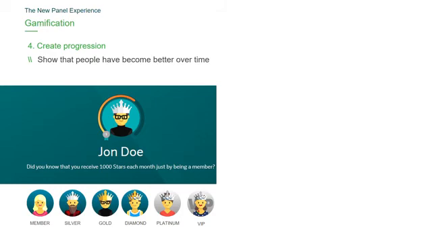The fourth principle is to create progression. Most of us not only see how well we perform, but also that we have become better over time. This is why we have created status upgrades, which can be seen as levels on a panel membership. It goes from standard to silver, gold, diamond, platinum, and VIP. In each of these levels, you can see how close you are to level up to the next status. So you see how many stars you need to get to the next status. The next status also gives you new tasks you can perform to get